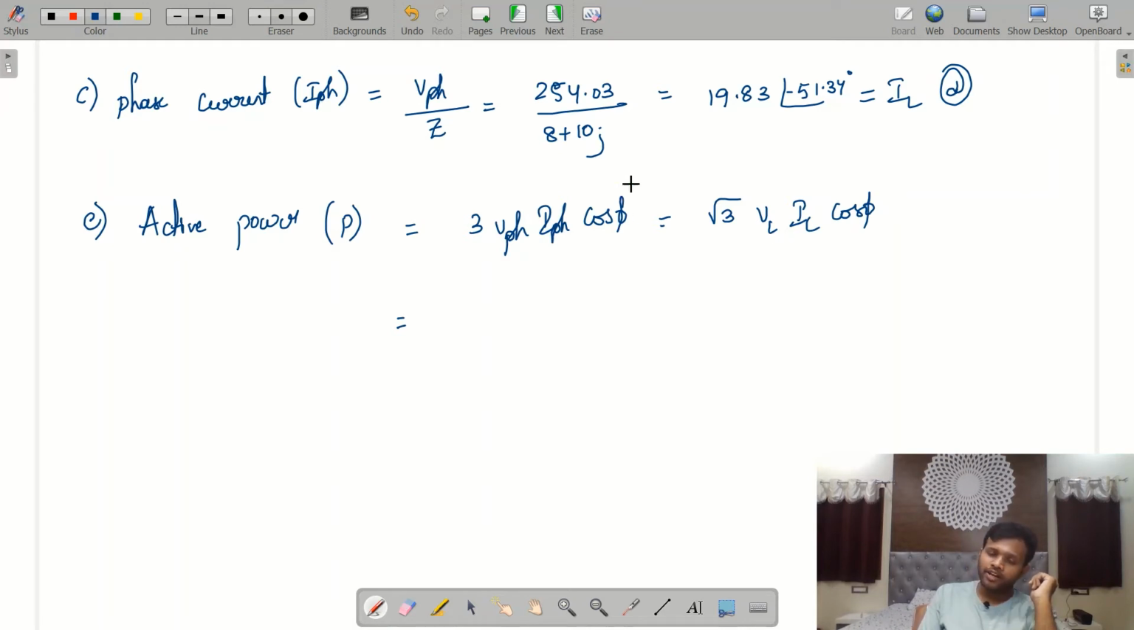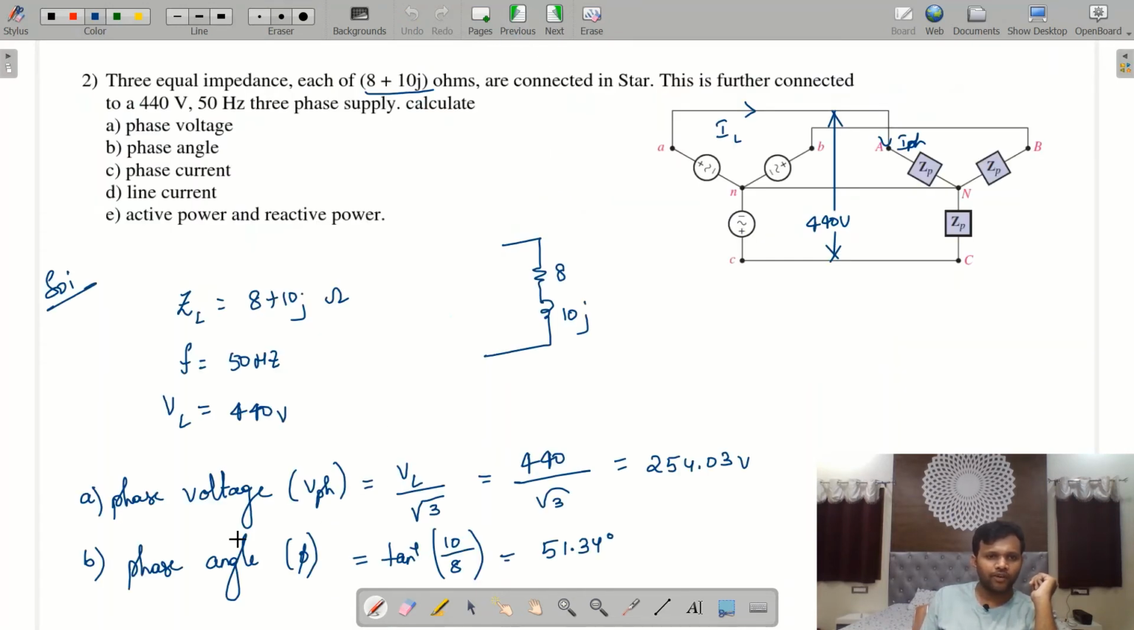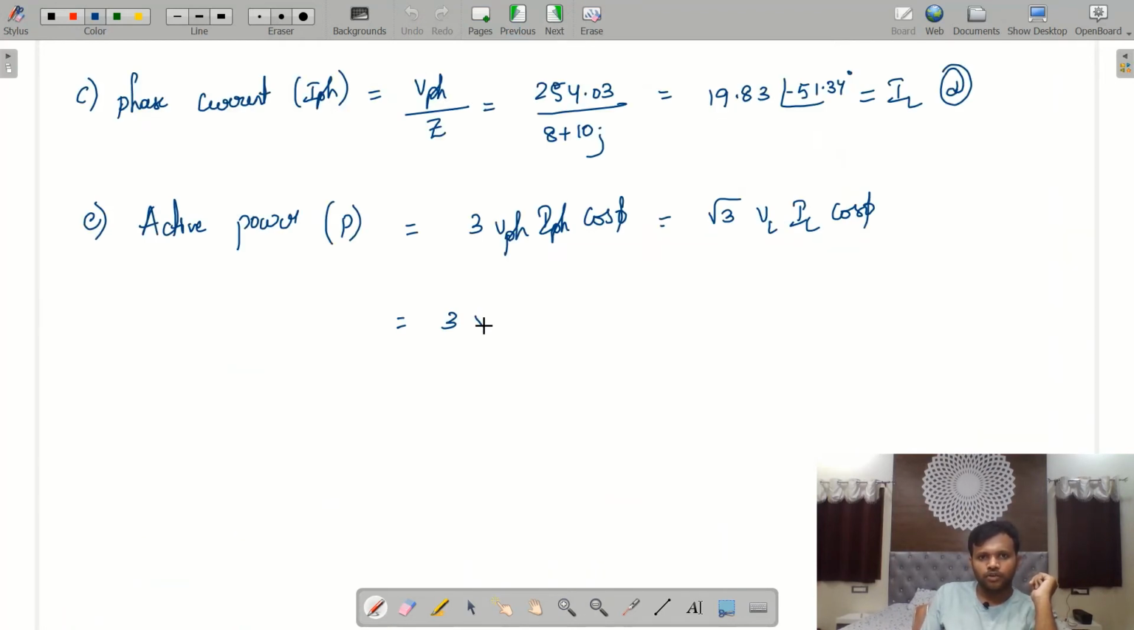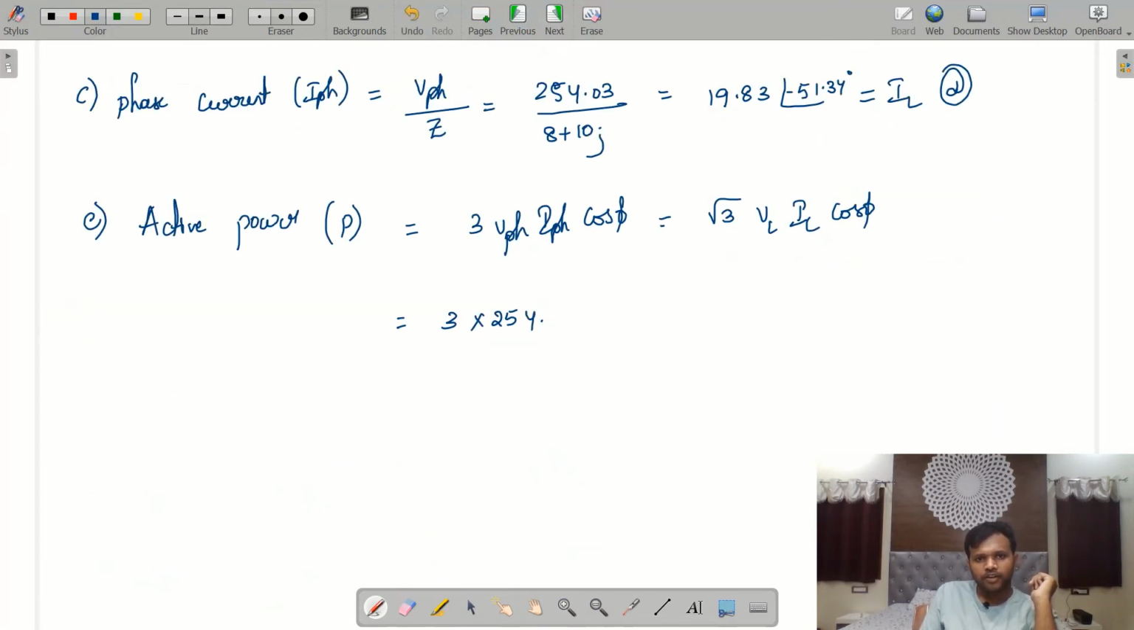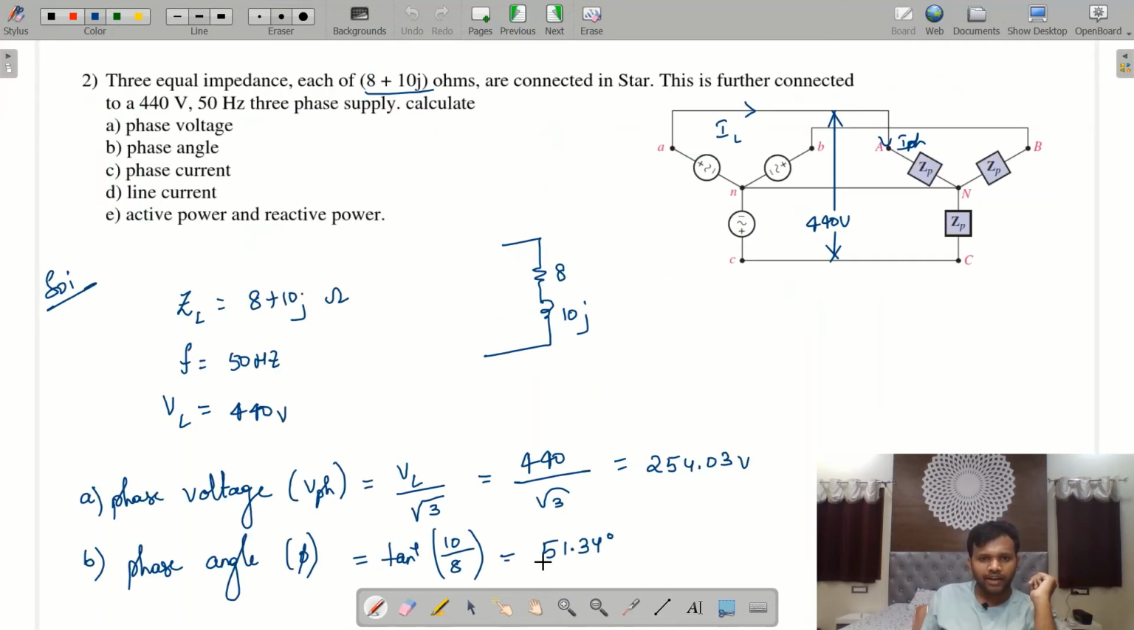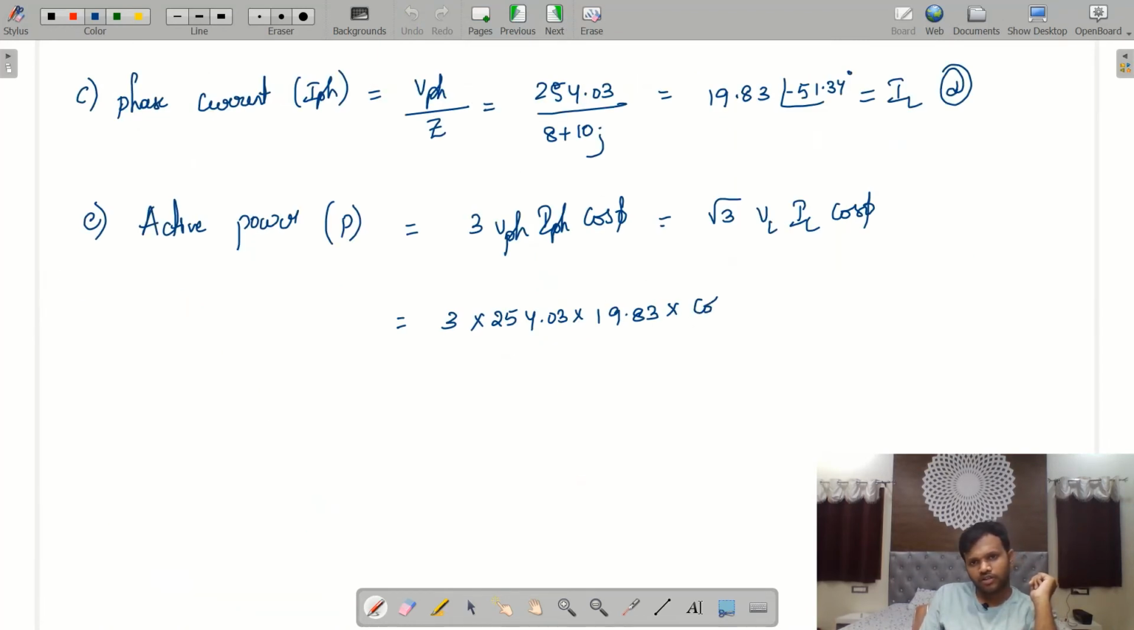You should always take the power factor angle between the phase voltage and the phase current. Let us deal with the phase voltages and phase currents. Already we have derived the values here. Phase voltage is 254.03, into phase current 19.83, into cos of the angle. What is the angle we got? 51.34. Cos of 51.34. Solve this, you will get it as